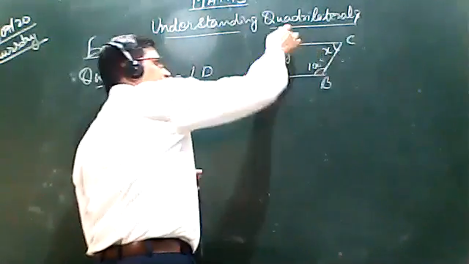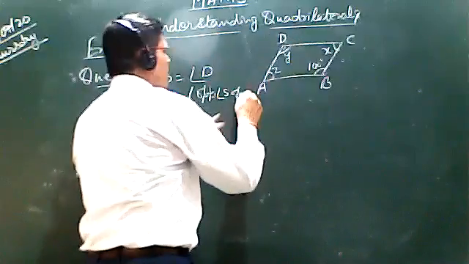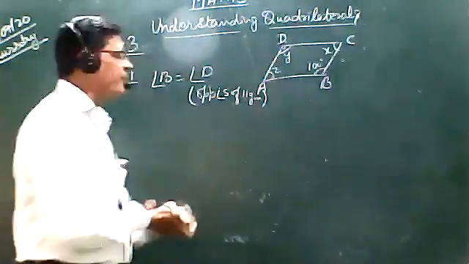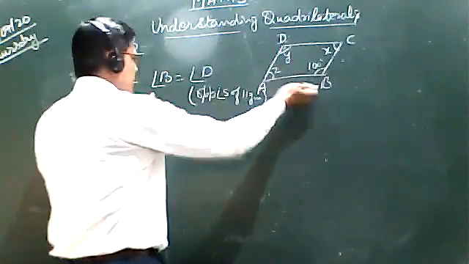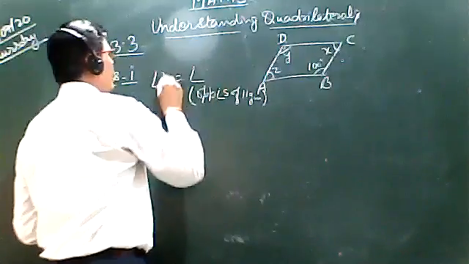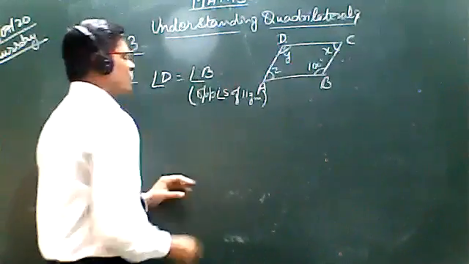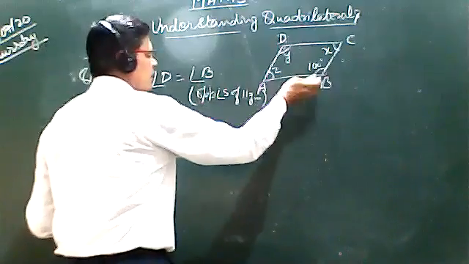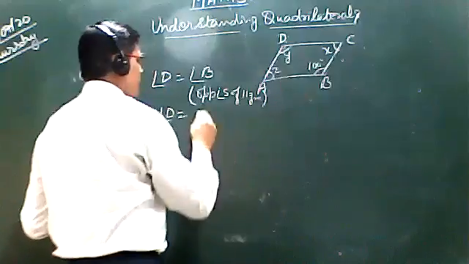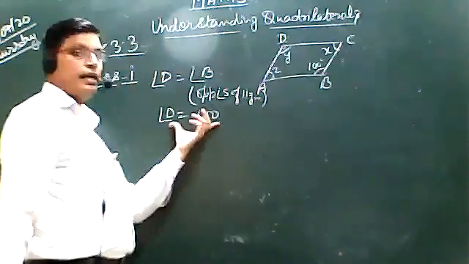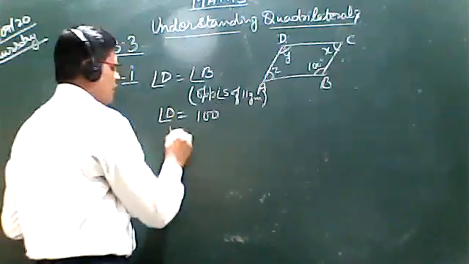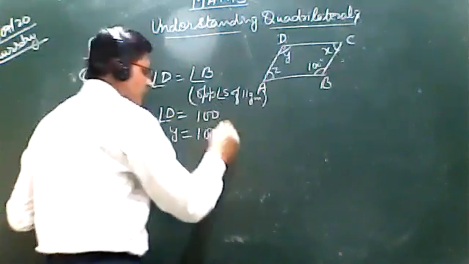These are angle B and angle D of the parallelogram. Parallelogram के opposite angles equal होते हैं. So angle B is 100. Therefore, angle D is equal to angle B. And we find the angle D. D is equal to, and we put here 100. Angle D comes 100. And D is angle Y. We write here, Y is equal to 100.